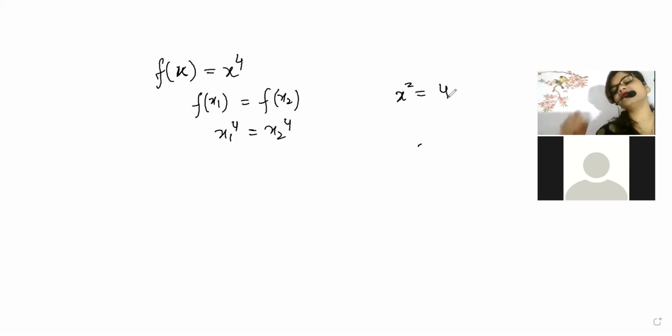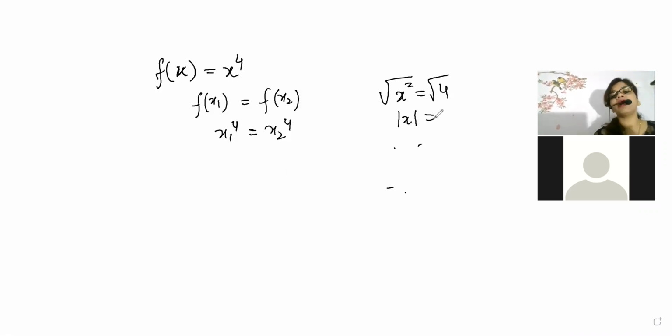So why square condition is different is, if x square is equal to 4 written, that means if you are putting square root on both sides, at that time what will happen? This square and root will give you modulus. And this is a unique part of mathematics, and it is not applicable for all power. It is only applicable for square. Okay, so this square and root will make it modulus, and this root 4 will become 2.